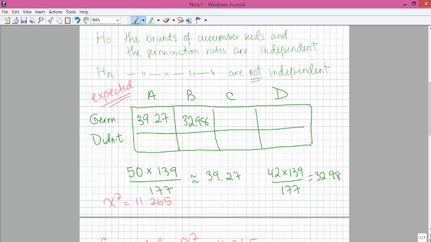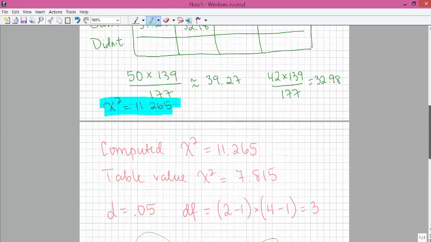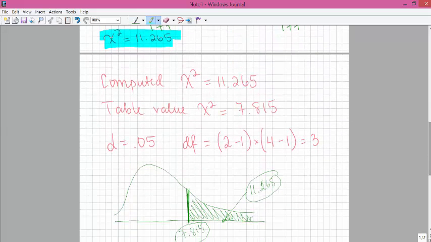We compute the expected values. You can do this on a calculator real quick. You find your chi-square value, the one that you've computed. You look at the table to find the table value. On the test, this will be given, so don't worry about bringing the table or anything like that. And then we compare those two,